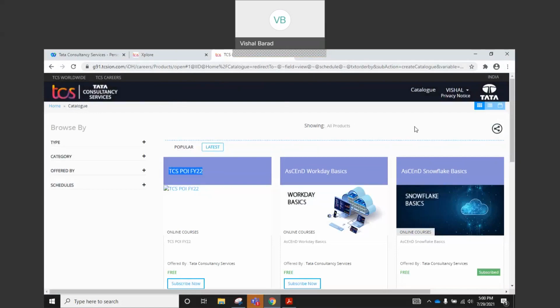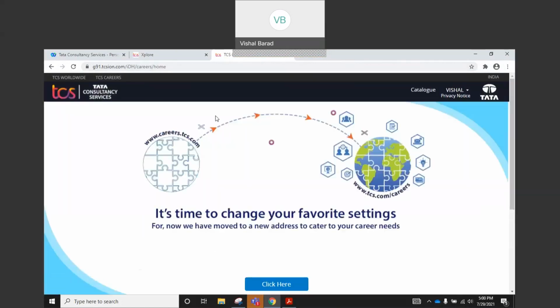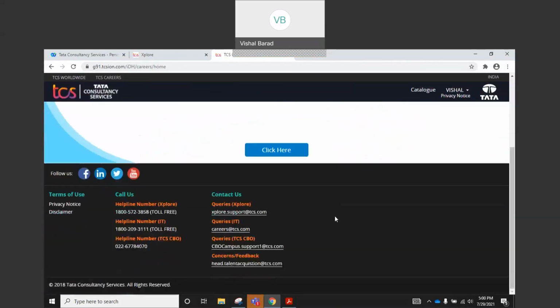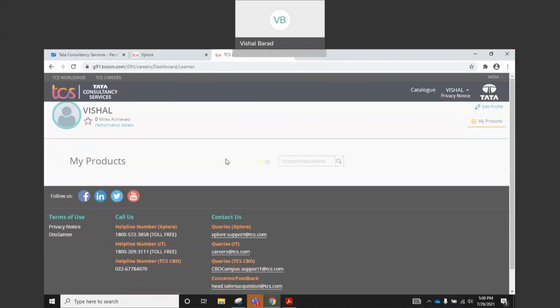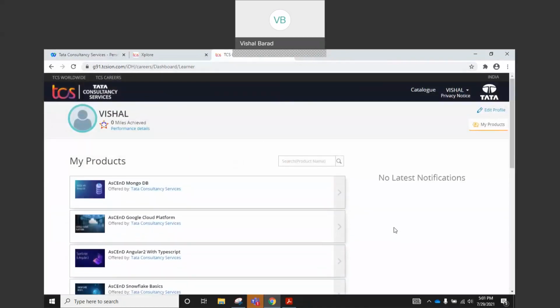So what you can do is go to your home page. From here, you can access your dashboard.